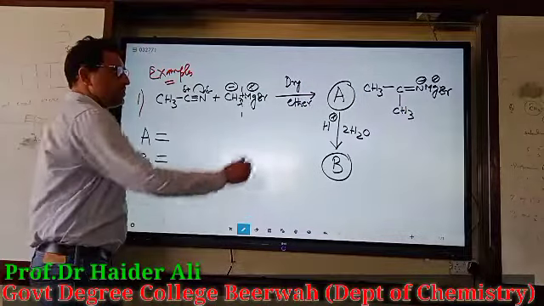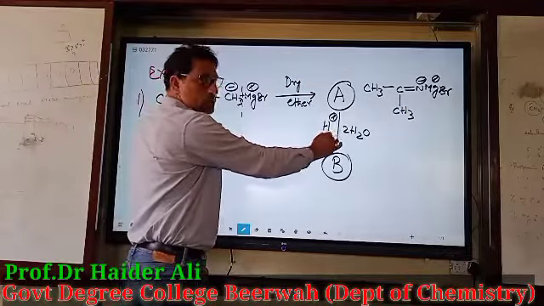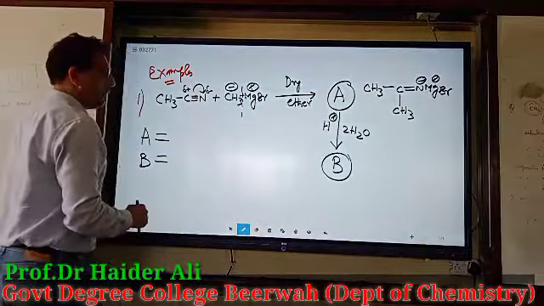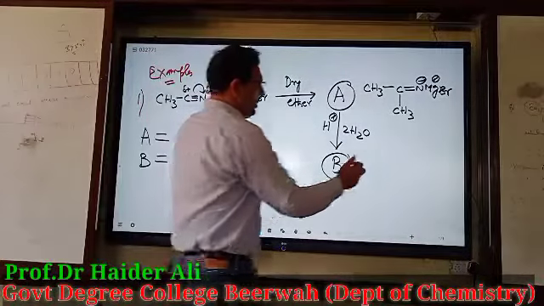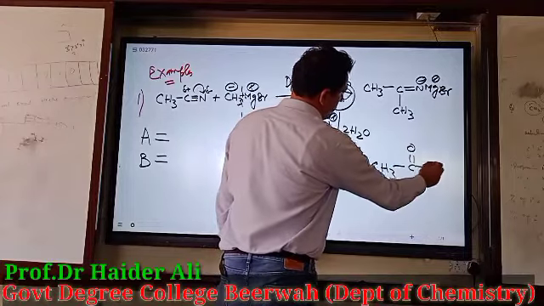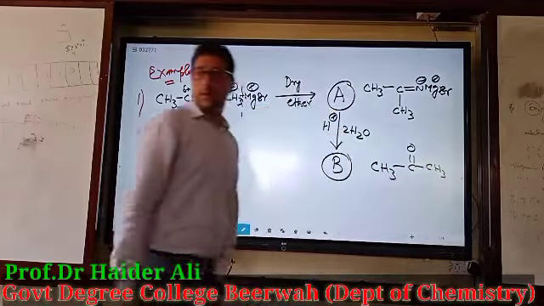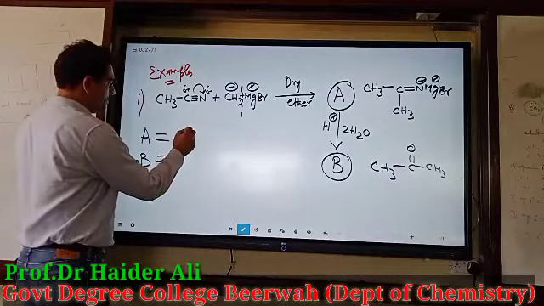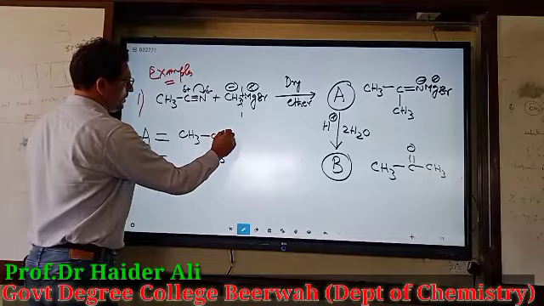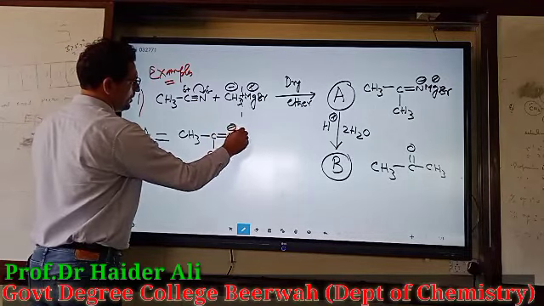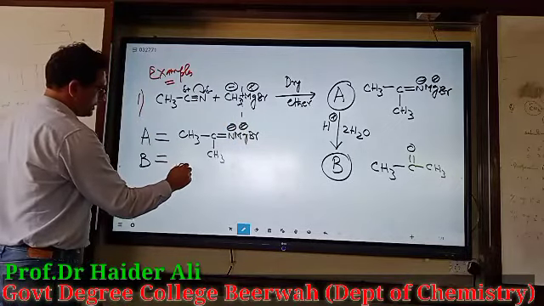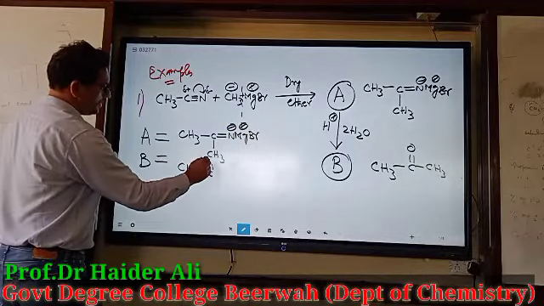Yes, sir. Now this A will undergo hydrolysis in 2 steps, with 2 molecules of water, so twice. Fine. So what will be the product? What will be B? B will obviously be this CH3, C double bond O, CH3, a ketone. It's not difficult, is it? No, sir. So what will be A? A will be this one. CH3, C, CH3, double bond N, negative MgBr. And B will be our product, that is CH3, C double bond O,